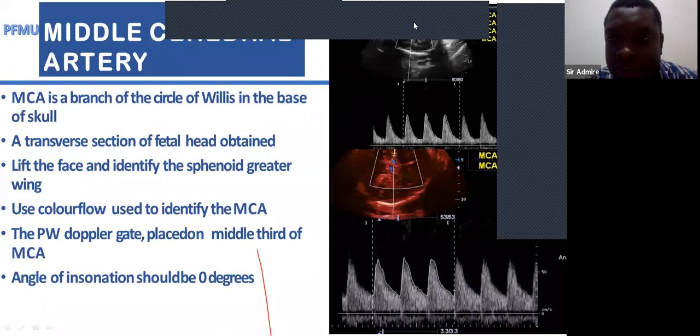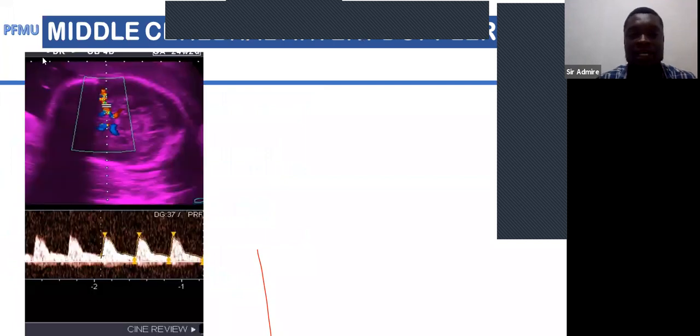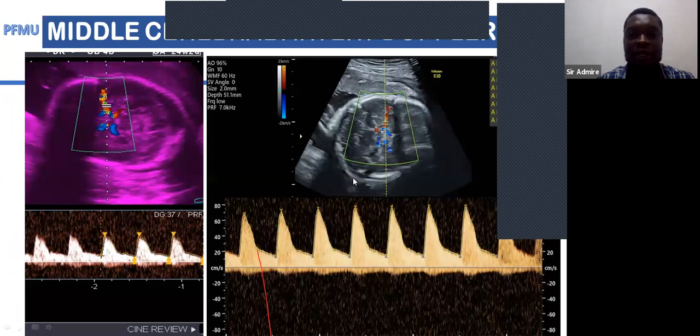Then you'll find that this vessel which runs inside is what we term the MCA. And you can see when it is normal, it should have high resistance with reduced end-diastolic flow and a high PI. When it's now doing this, whereby you can see that there's an increase in the end-diastolic flow, it's now becoming abnormal. It's now showing a trend towards redistribution. Okay, so those are other images of the MCA, which I believe all of us should be able to competently